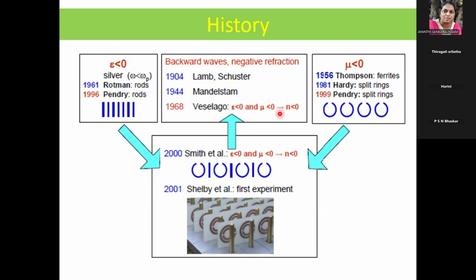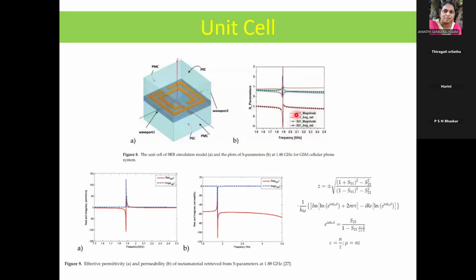When these two are 0, refractive index is also less than 0. That's the major thing. Now coming to the actual design of these metamaterials. First you must be able to design the metamaterial so that you can extract the properties. Mostly in my slides, I'm not discussing the various properties you can realize by